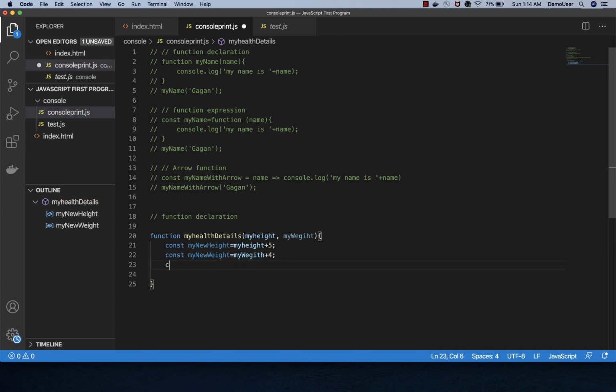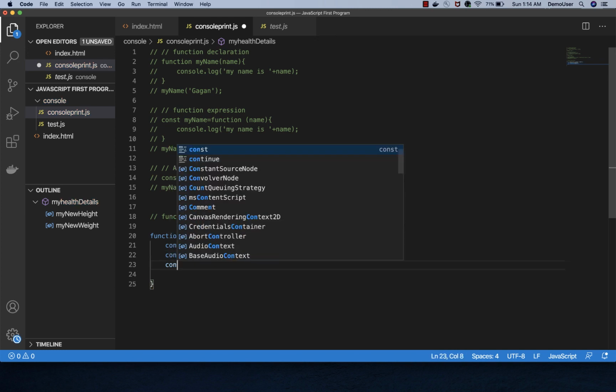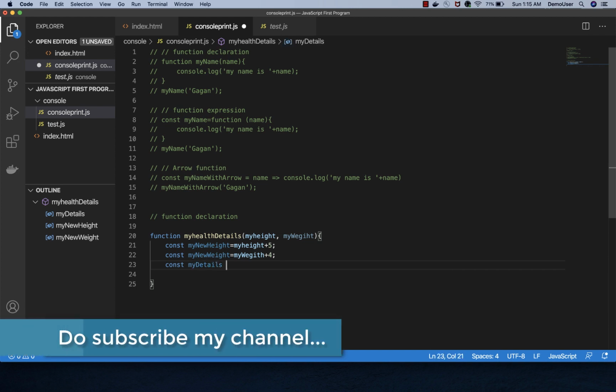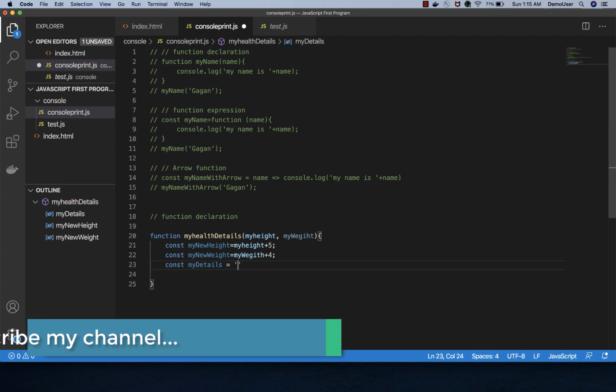And in the last, I am just saving it in a new variable, and I will say my details, and I am just adding details.